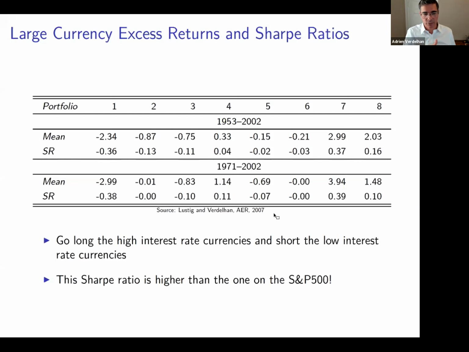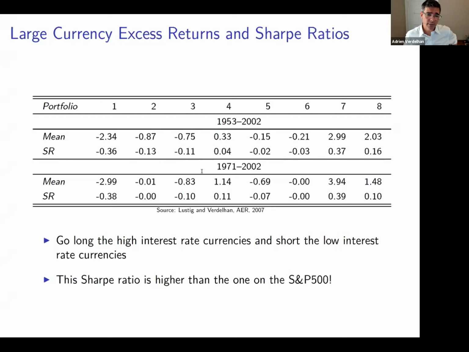At that time, it was a lot of work to build this large sample of countries starting in the 50s or the 70s. And here we have 8 portfolios. So countries are sorted by the level of the short-term interest rates at the end of every quarter or the end of every year in this table. And then you think about what would be the return of a US investor borrowing in the US and investing in the set of countries you see in the first portfolio, or investing in a set of countries in the second portfolio, and so on.